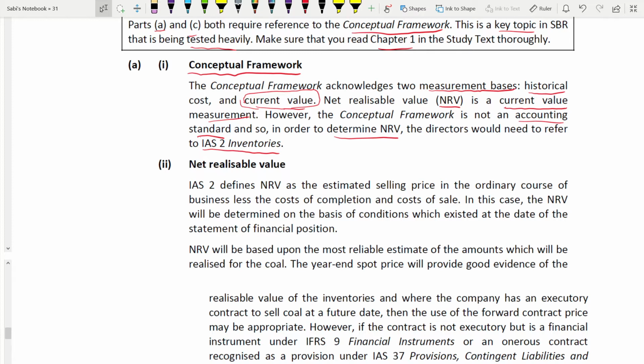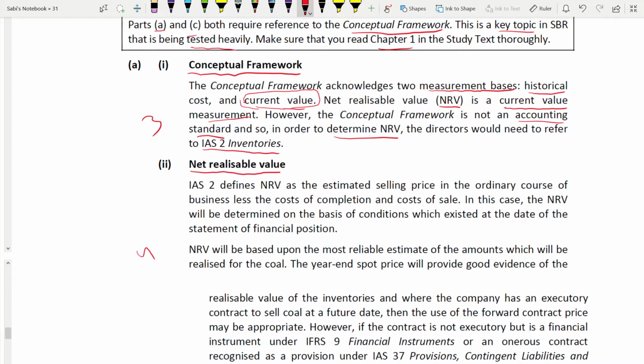Easily you will get three. I would say this is 3, looking at the answer now, and 4, how this should be measured now. Okay, you see. So if you would try to answer this first thinking that the conceptual framework is hard, I will answer later, you will be struggling here in the net realizable value. That's why I always say follow the order. It is very safe to follow the order,